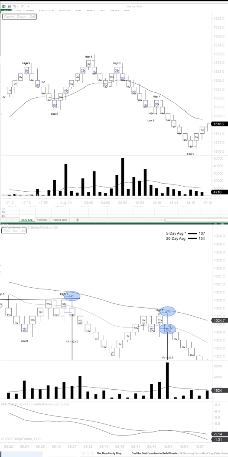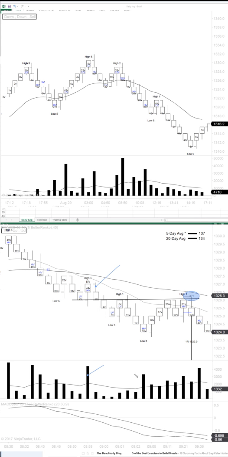So again, without the volume, how the hell are you going to read pressure? How are you reading supply and demand? Without it all you would see is some bars that are red and green. What does that mean to you? Well, doesn't it make more sense if that bar had this kind of big volume, a big red bar with big red volume? Isn't that more meaningful? You know, if I just showed you this and bang,